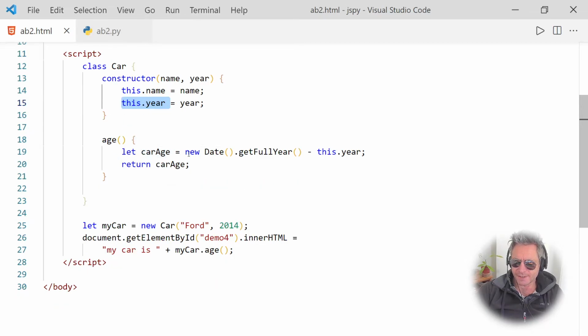So let car age equal, and you have to use new with Date. You can't just put Date. If you don't put new, it won't work. So with a Date object, you need to put new in JavaScript. I'm not a JavaScript expert, so don't tell me off. So what we're doing here again is we're passing the model, the date, and then we're